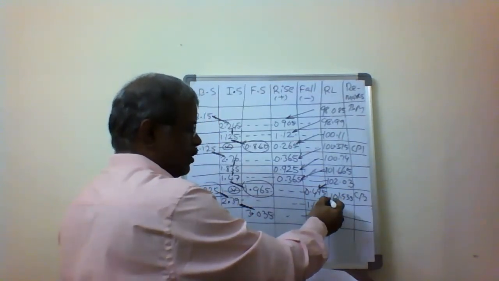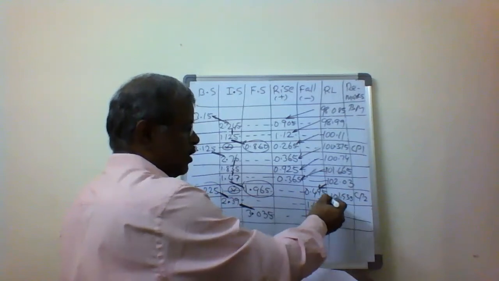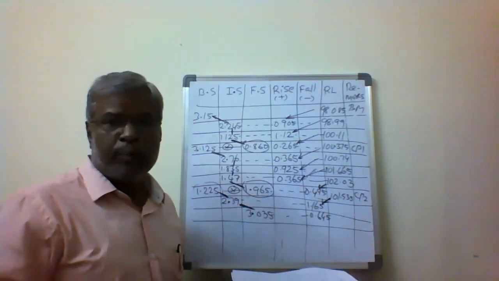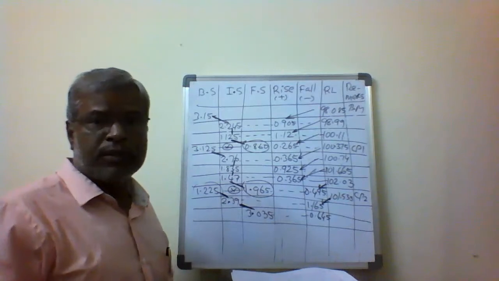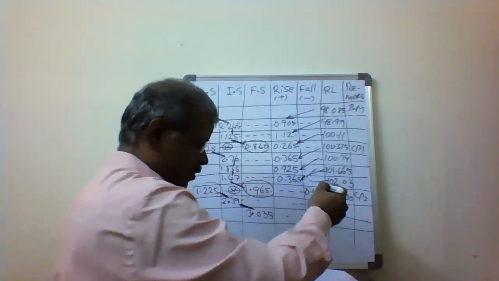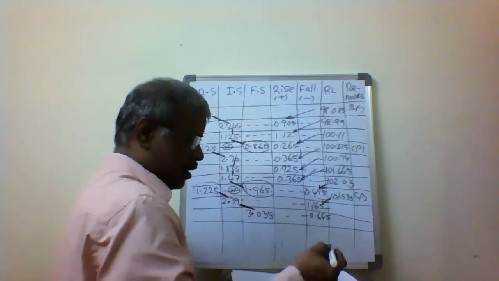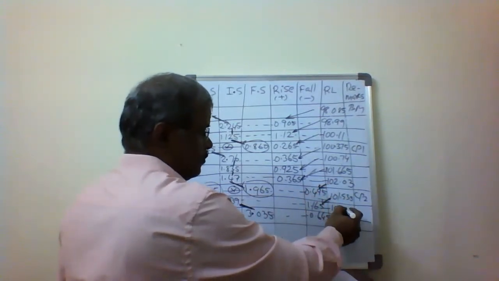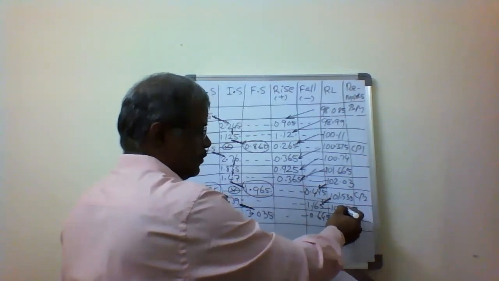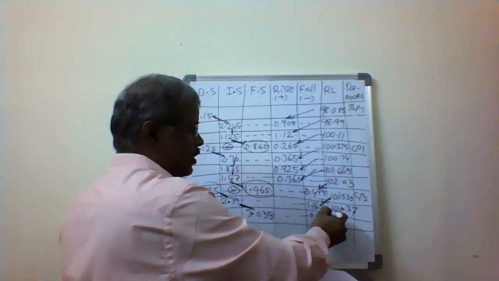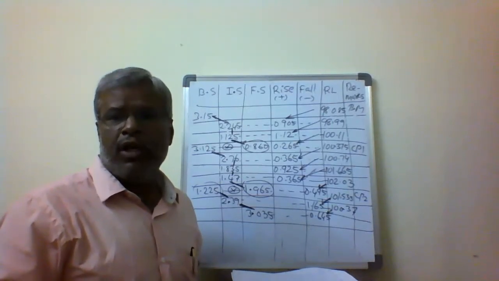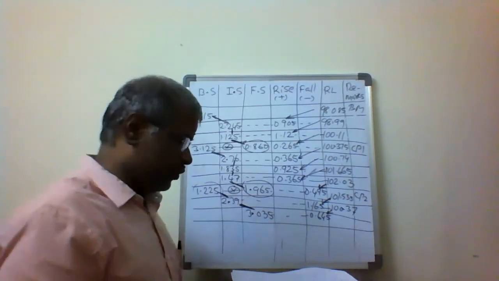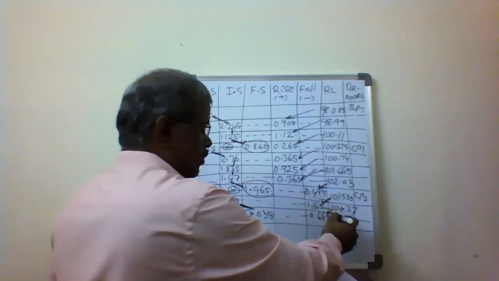Then the next point is also a fall, 1.165. 101.535 minus 1.165 gives the elevation of the next point, 100.37. The last point is another fall of 0.645. 100.37 minus 0.645 gives 99.725.